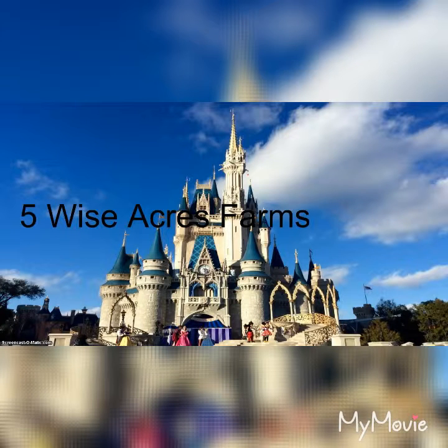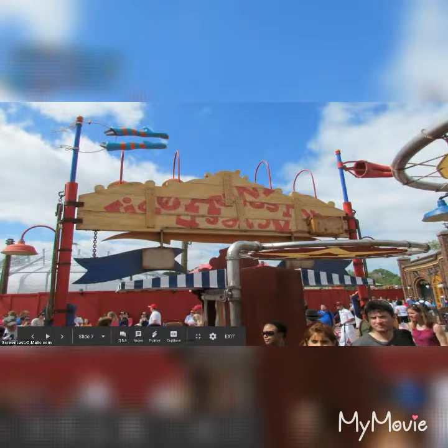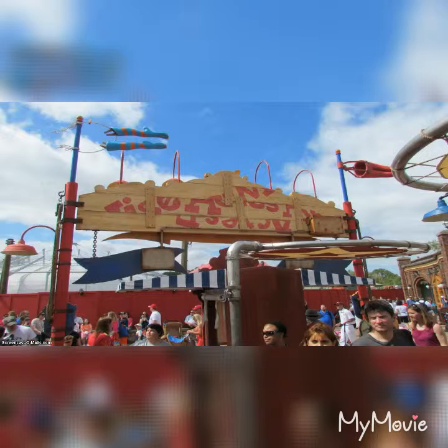Number 5 is Wise Acres Farms. Back when the Barnstormer originally opened, it was set in a farm that Goofy owned called Wise Acres Farms. And then the new Fantasyland expansion happened, and the Barnstormer was temporarily closed and renamed the Great Goofini, and it had a circus theming. Great Goofini was closed, and then, of course, new Fantasyland opened, and a new Barnstormer opened,